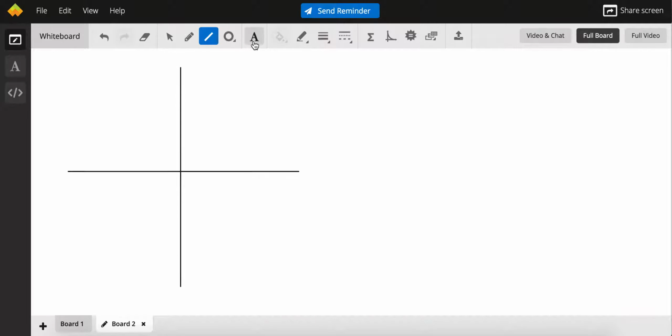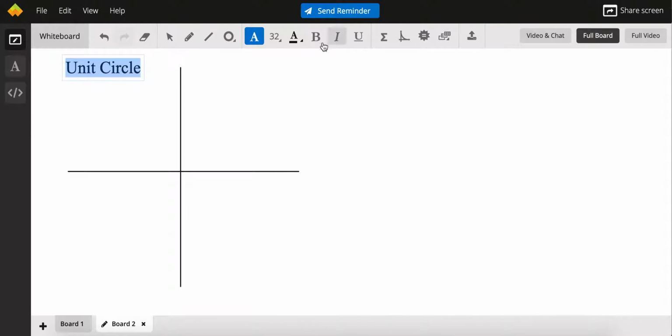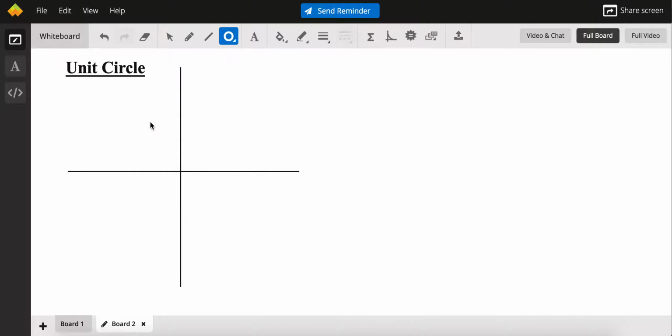Okay, so right now we're going to talk about the unit circle. Basically, it's foundational to understanding trigonometry, which is a big part of algebra, which is a big part of pre-calculus, along with algebra 2 and a few other concepts. So what you need to know about the unit circle is